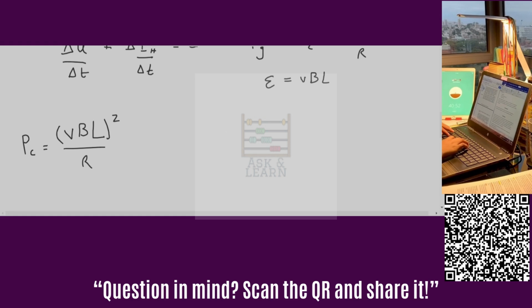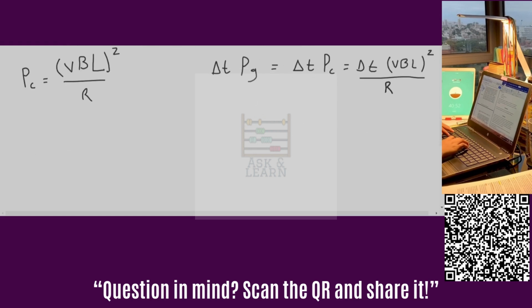So delta T times P_G equals delta T times P_C, which is equal to delta T times that big expression over there, (VBL) squared over R. Okay. So at this point, we can just start plugging in values again. We've got our V, our B, our L, our time interval, and our resistance. And if we do that, we will get that the